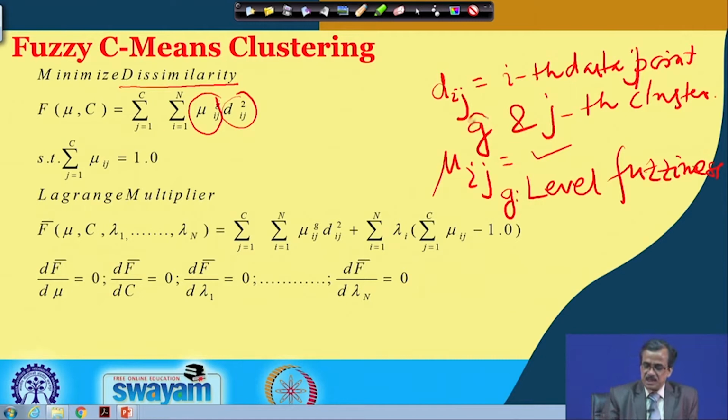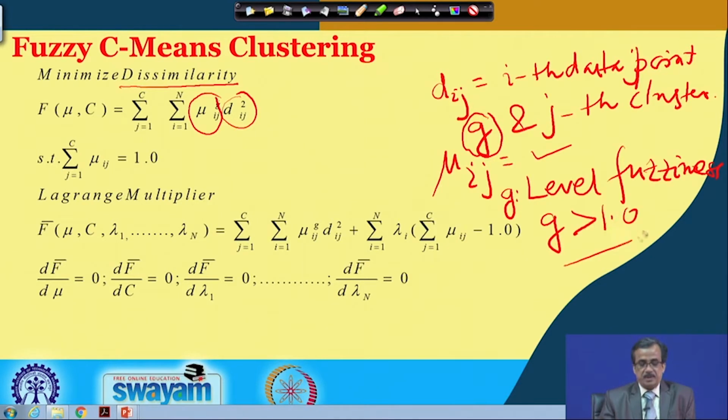So, this g is nothing but the level of cluster fuzziness, and generally we consider g is greater than 1. Okay. Now, let us see how to write down this objective function. Now, our aim is to minimize the dissimilarity, that is J(mu, c), where mu is the membership function value,